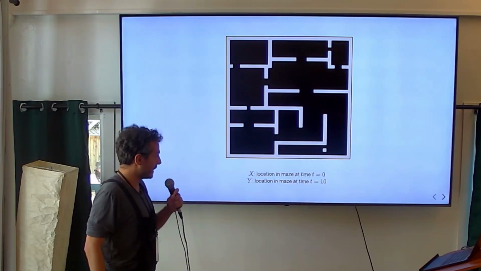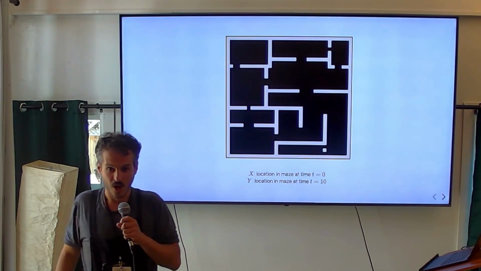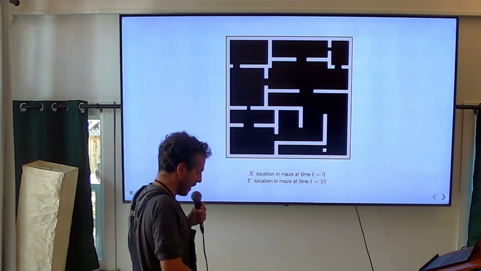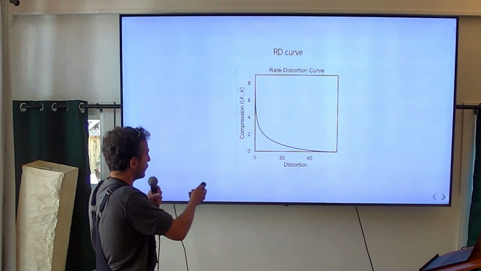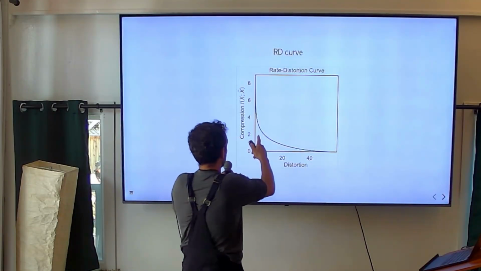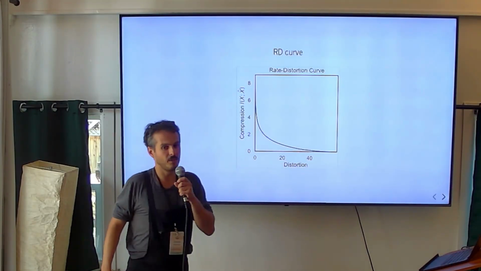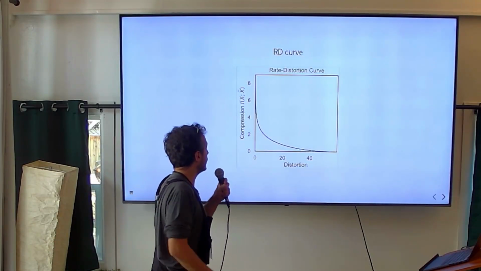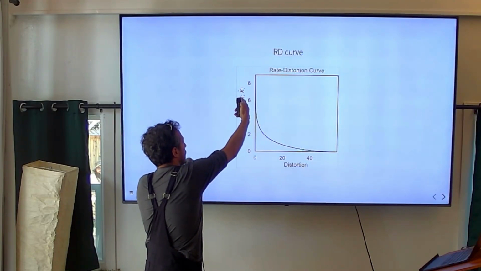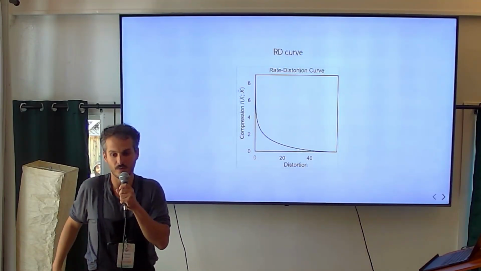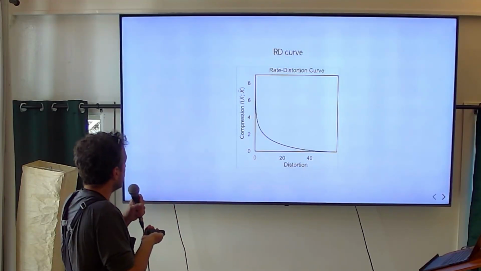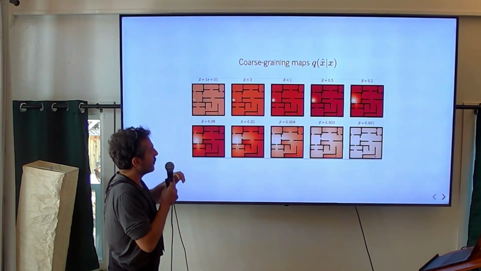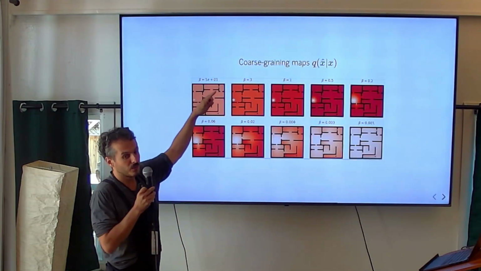In this case, I believe the minimal sufficient statistics are x. If you want exact prediction, you can't coarse grain, but we can compute the rate distortion curve. So if we're willing to tolerate some misprediction about our state after time 10, by mixing together these different initial conditions, then we can reduce the information we need to transmit about the location of the walker. So here's what they actually look like. We can compute these and show what they look like. I'm going to show you. These are the optimal coarse graining maps, just computed.